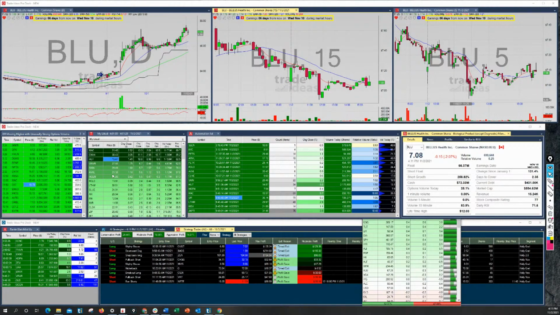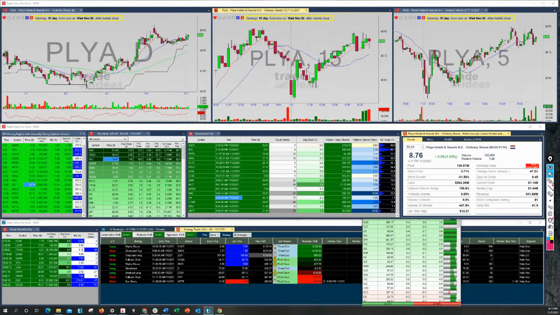A stock that I am looking at that's similar to that, let me see if I can find it, came through the strength alerts. I haven't pulled the trigger on it, but this one here, PLYA, is still on the strength alerts. Same looking pattern right there. I saw this one on the strength alerts on one of these days, I don't know if it's this green day or this red day. That's what I like right there. Those are what I'm looking for, those horseshoe ups.